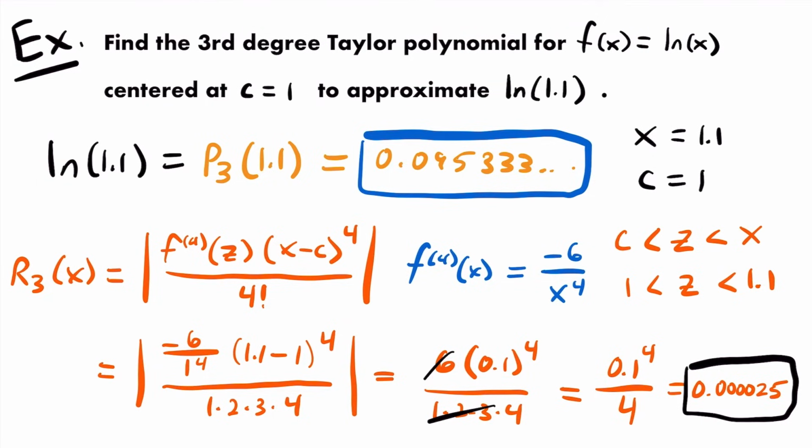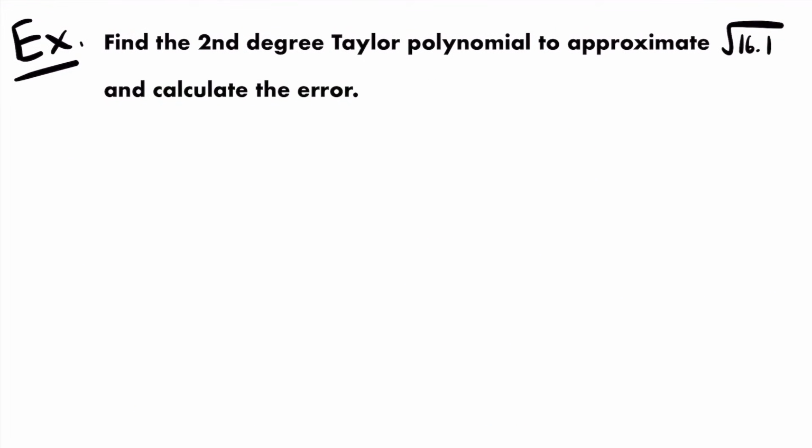All right, and so that is how you can approximate a value for a function using Taylor polynomials, and how you can find the error of that approximation as well. And so before we end this lesson, let's look at one more example of going through this whole process one more time. All right, so here's our example. We want to find the second degree Taylor polynomial to approximate the square root of 16.1 and calculate the error for that approximation. All right, so in this case, our function, f of x, is going to be equal to